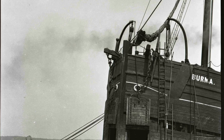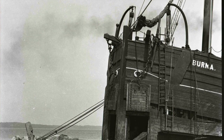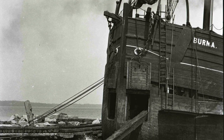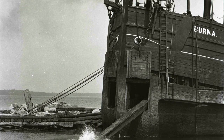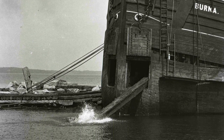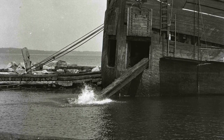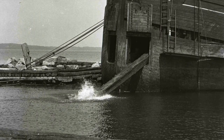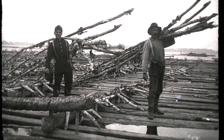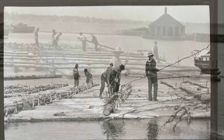The vessel Burma, which you can see has a front-loaded port, forward-ended port, and a log being pulled out of it. This ship went around the Great Lakes and collected the timber and brought it to Garden Island. You'll see that the logs were then assembled into rafts called drams, quite large actually,